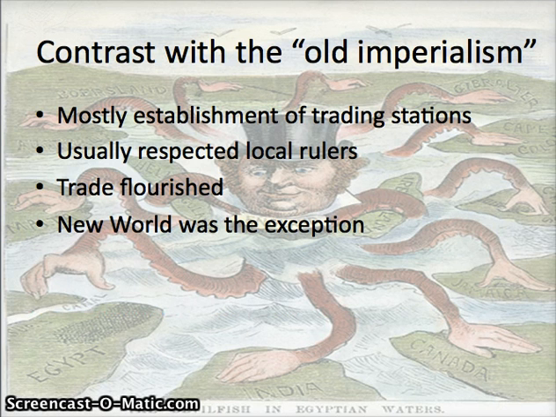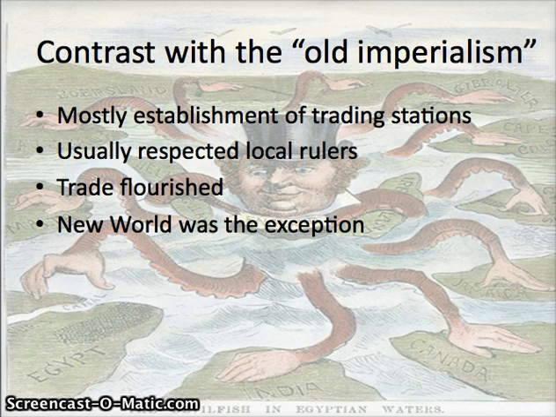Portugal could be another example. I mentioned earlier that Portugal has a major colony in Brazil, right? This time they're establishing it as a sugar colony. They are importing tons of slaves from Africa, and they're also living there. So they are replacing the government, the culture, the society that existed there prior to their arrival. So that's not old imperialism in that sense.